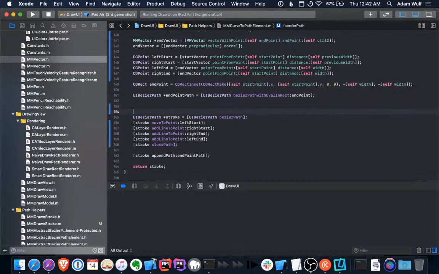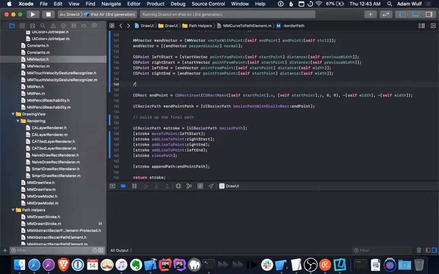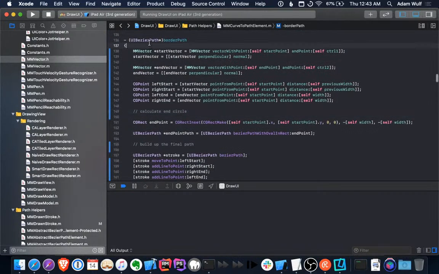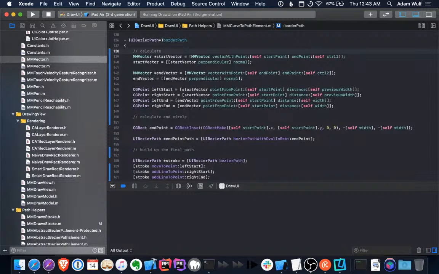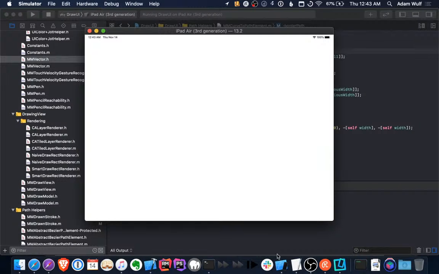Yeah, that's fine. And circle, and then this is going to be calculate the curved border path, right? So I'm just going to draw one stroke really fast to hopefully get